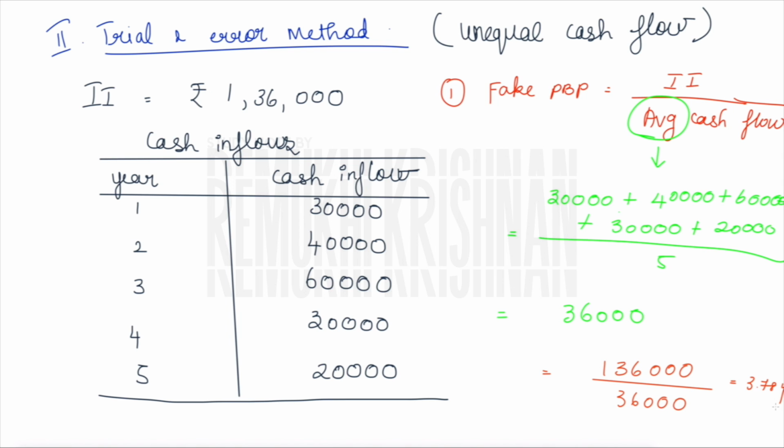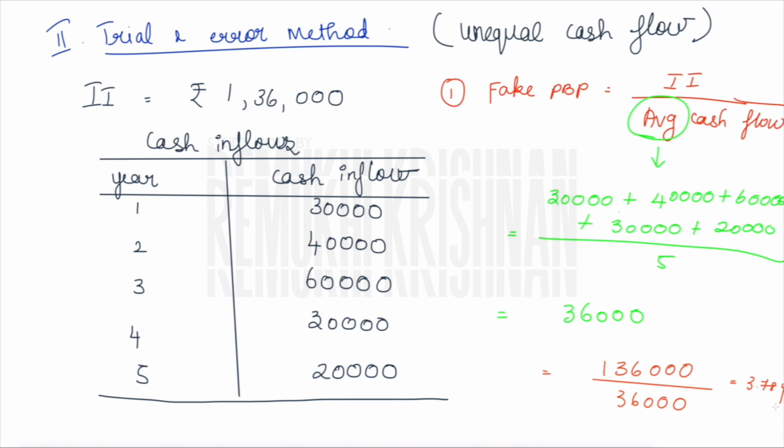So you may ask, here again we are computing payback period and the cash flows are unequal. Why are you taking average cash flow? That's why this is considered to be the fake payback period. I'm not going to give more emphasis on the payback period. Our main aim is to find the internal rate of return. Therefore, instead of finding the cumulative cash flows and exact value, we are just going with this average cash flow, and hence it is called the fake payback period.